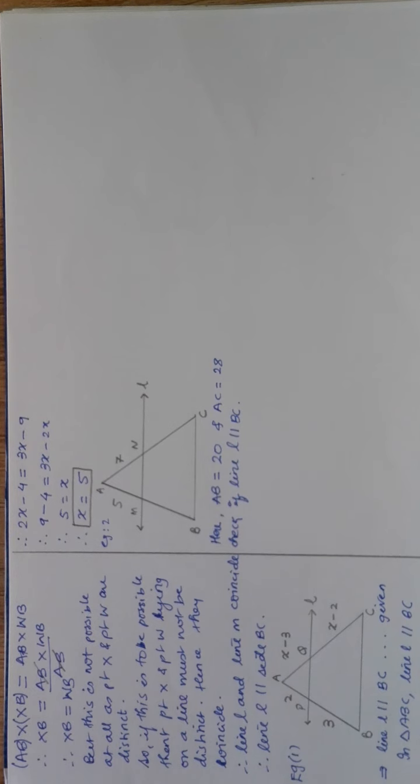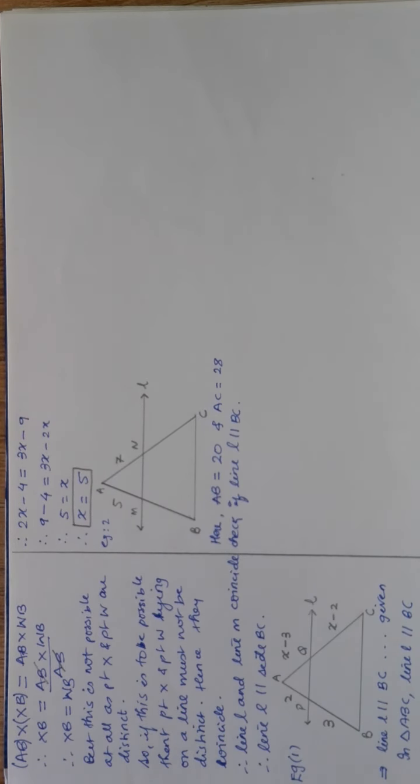Now referring to the second figure, it says that again there is triangle ABC, there is line L which is cutting or intersecting side AB at M and side AC at N. Okay, now it is told to you that AB measures 20 and AC measures 28, whereas the given parts say that AM is equal to 5 and AN is equal to 7. Then it is expected that you have to check if line L is parallel to BC.